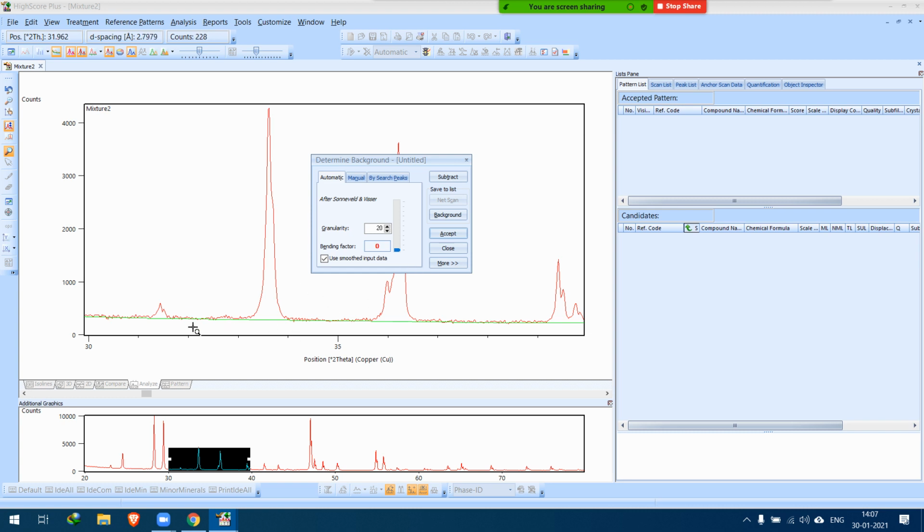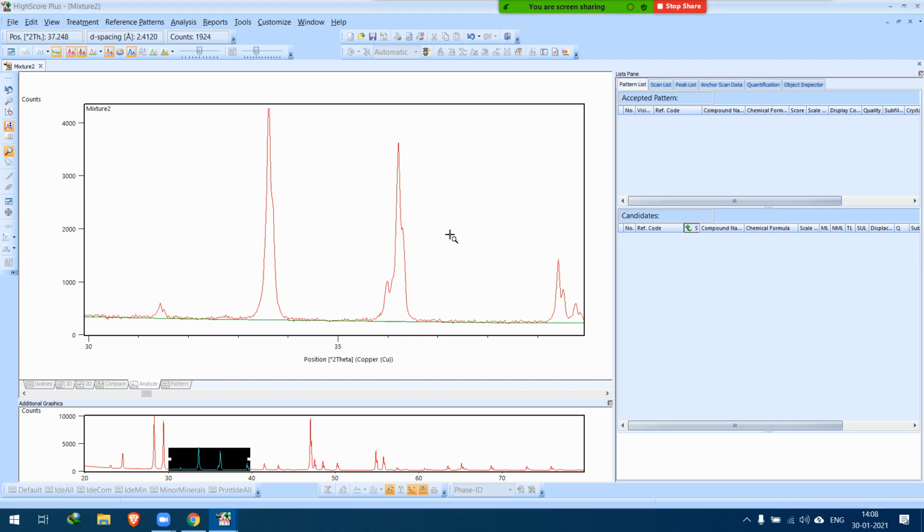Okay, once you agree with the background you are getting, you click the background and just accept. Do not subtract it, because in the Rietveld refinement there may be intensities which become negative, and then the refinement will not start. So just click background and accept it. Okay, once the background part is done,